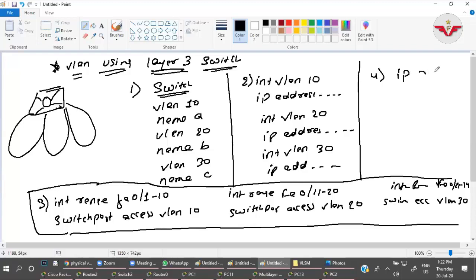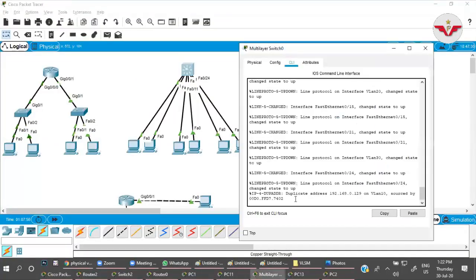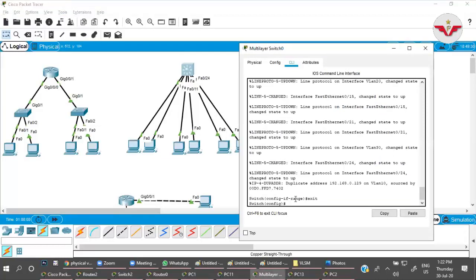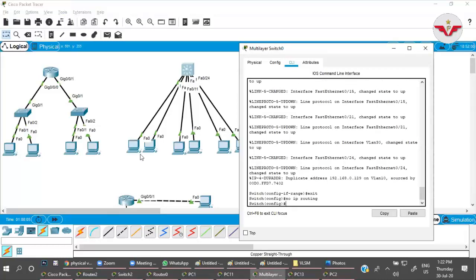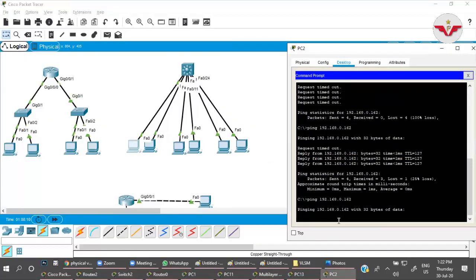IP routing. Okay, if I do not give that command, IP routing, will it work? No. That is a very important command. Let us check. If I go here in global configuration mode, no IP routing, done. Let us check now. Earlier it was giving the reply. Now